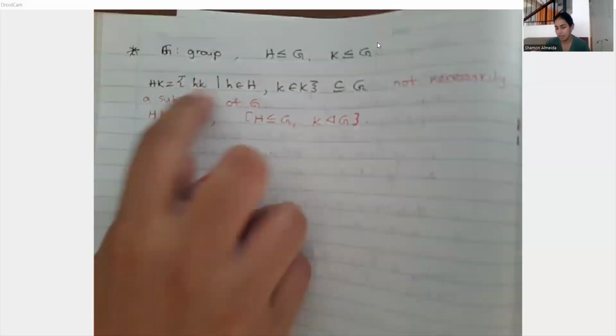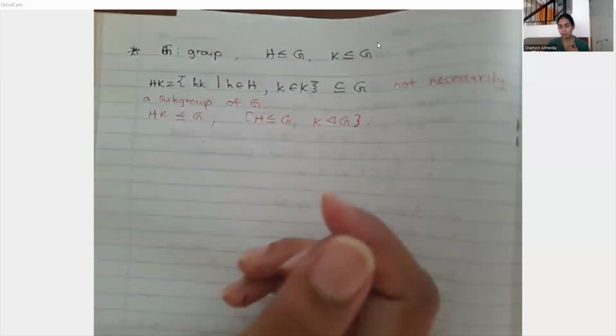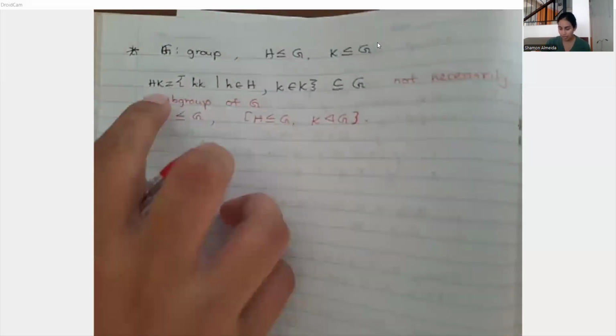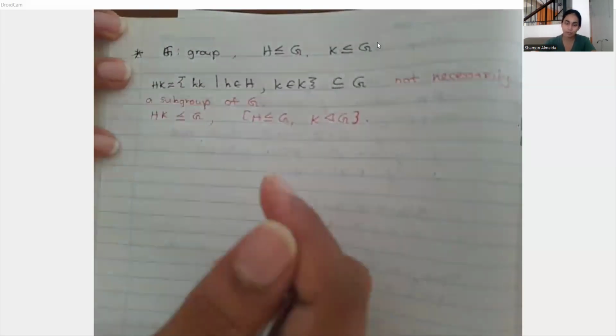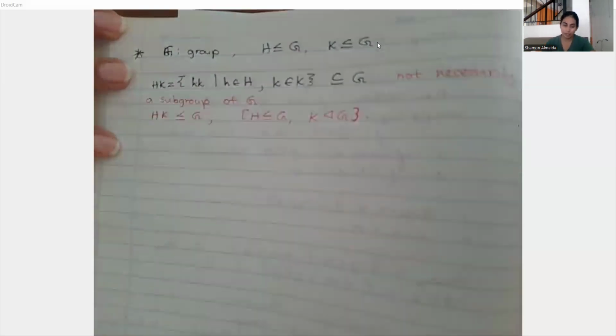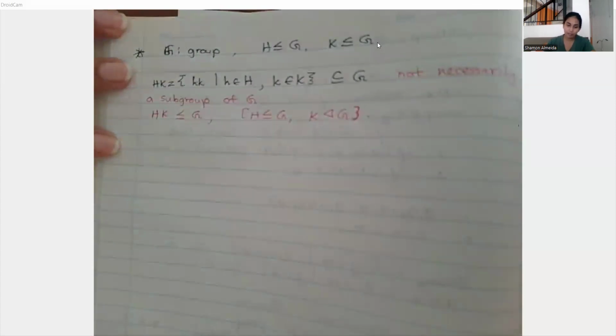But when H and K are simply subgroups of G, HK, this set that we just defined, need not be a subgroup of G. Right. Now, let's define